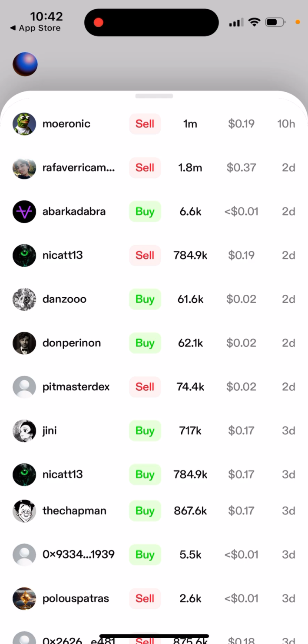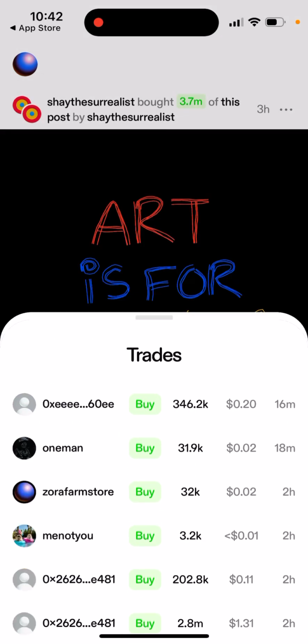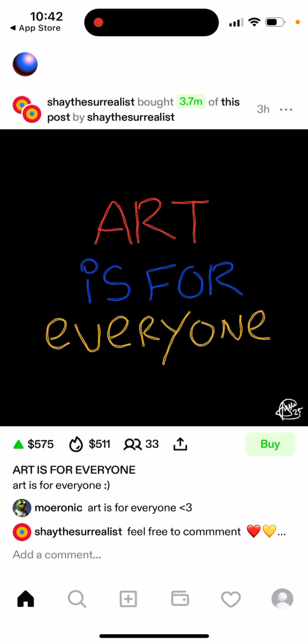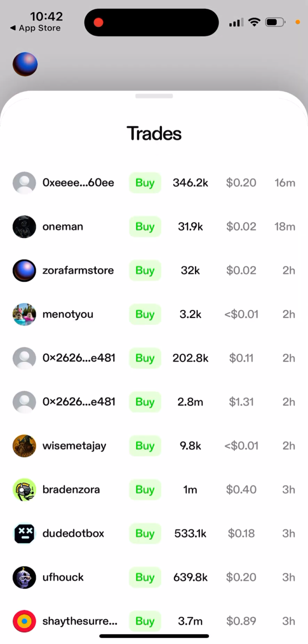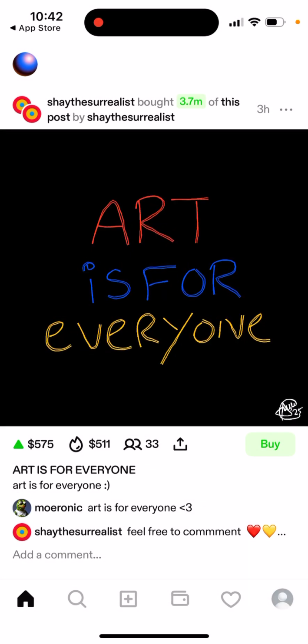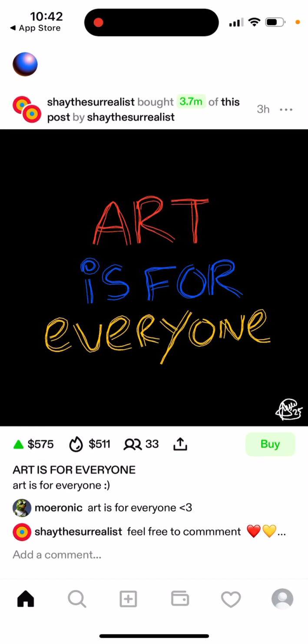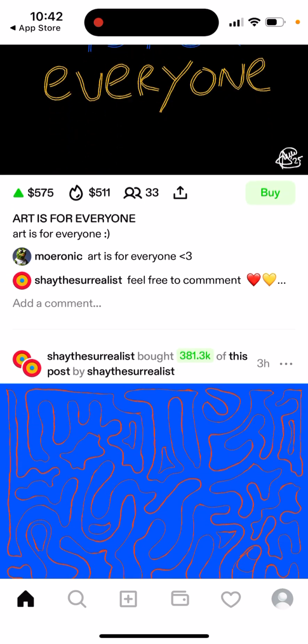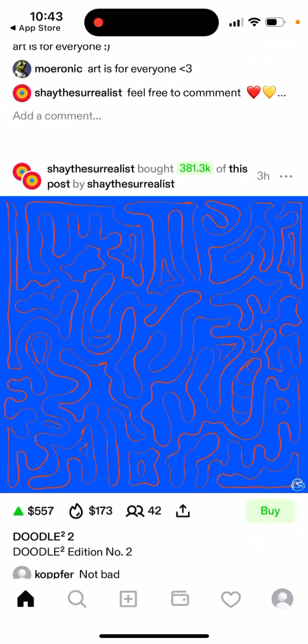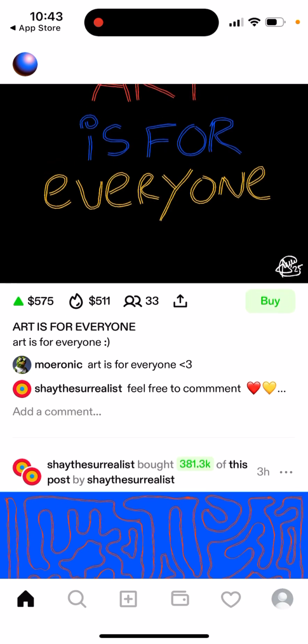I don't know what the green arrow means, because there are green arrows and there are red arrows. And this number, I don't know whether it means the price of this post. And then you have trades, and this is another number. Maybe this is the price of the coin. So it's a bit unclear, to be honest.